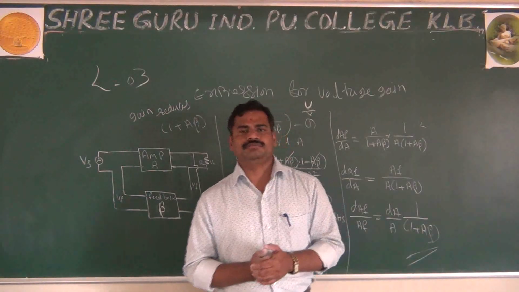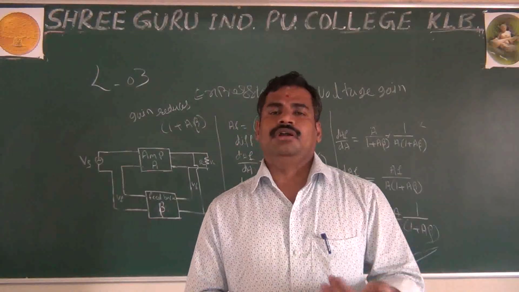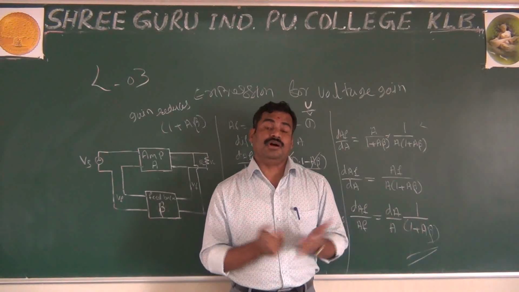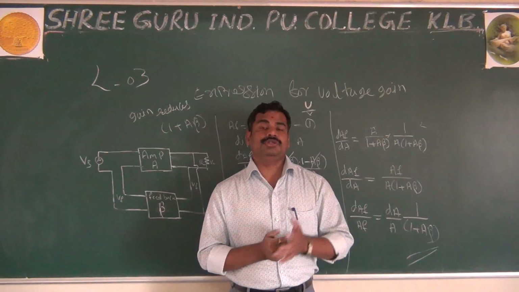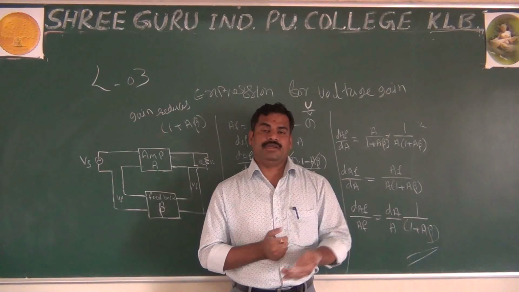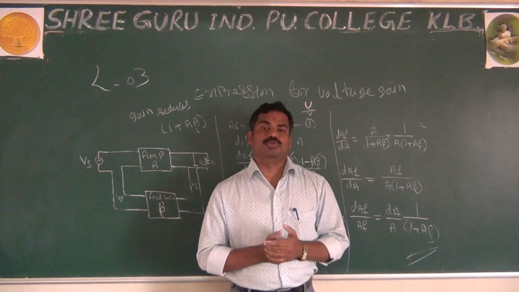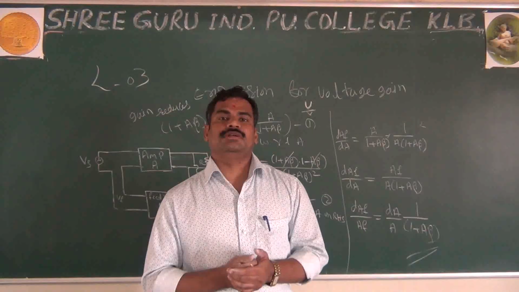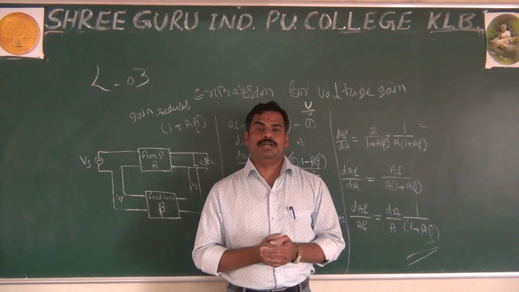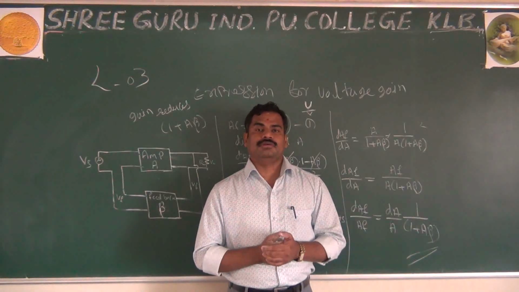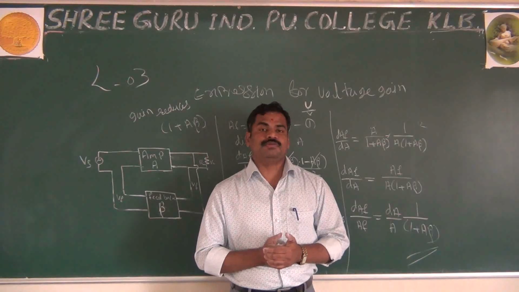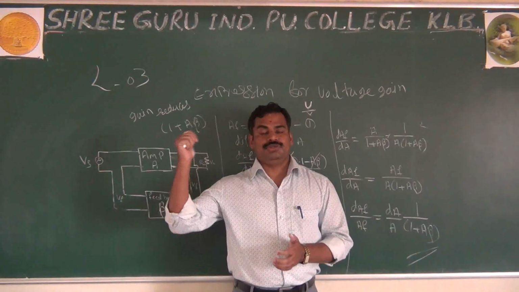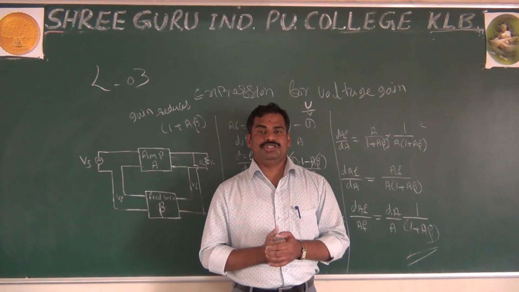This is about today's class, and in tomorrow's class, or in the next class, you go for what I said here. If you use negative feedback, we can increase the input impedance and also decrease the output impedance. And I said orally how it is possible. You go for that derivation, that is also important from the exam point of view: the derivation for the expression for the input impedance and output impedance for negative feedback, especially considering the voltage series feedback.